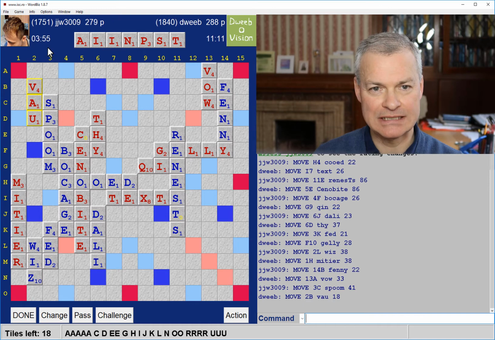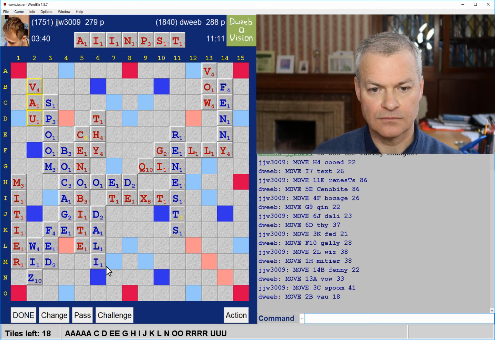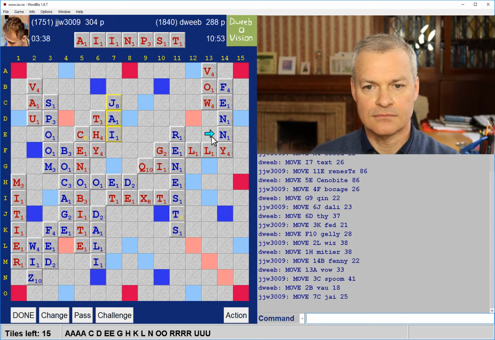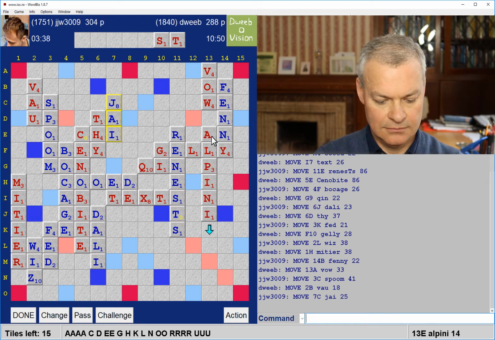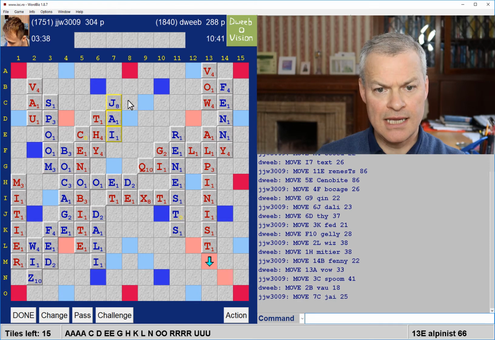3 minutes on my opponent's clock. He is creeping towards time trouble. And if this L stays available, I'll be able to get ALPINIST down pretty quickly. The E of DALI also available. Fantastic. Opponent gets 25 for JAI, and ALPINIST stays available. ALPINIST for 66. My opponent has provided quite a hot lane in column 8,